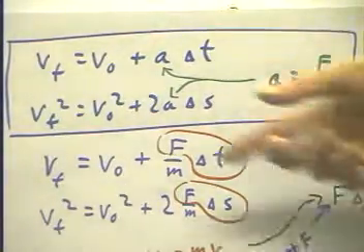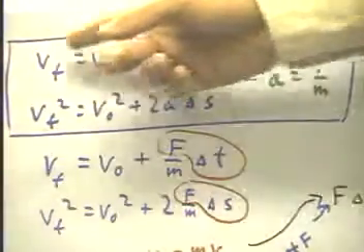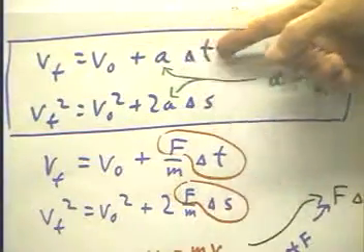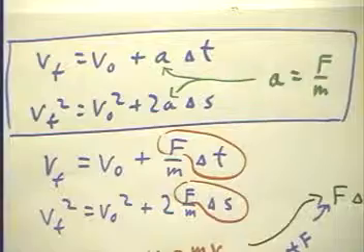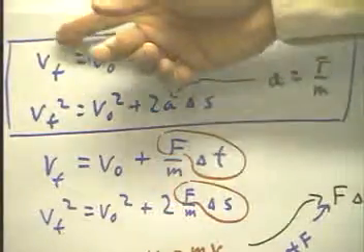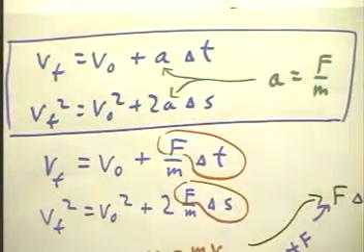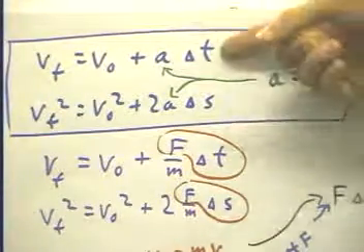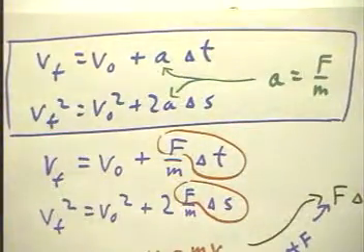You'll recall that the first equation here is one of the two basic equations. It just expresses the fact that the acceleration multiplied by the time interval gives us the change in velocity, which when added to the initial gives us the final velocity. The second equation is more complex, having been derived from this equation and the other, the two most fundamental equations,